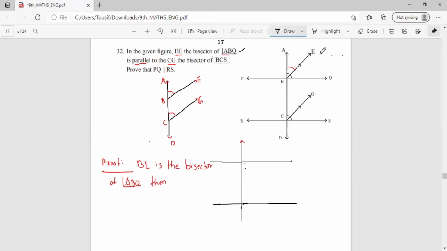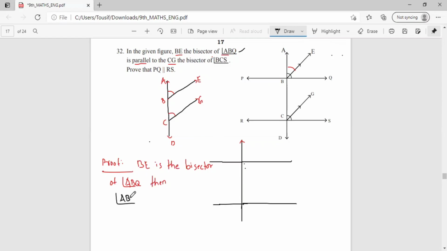As I said, a bisector is nothing but a line which divides a side or the angle into two equal parts. That means I can say that ABE is equal to EBQ, but I'm not going to use that. I'll be representing it in some other way, like writing ABE